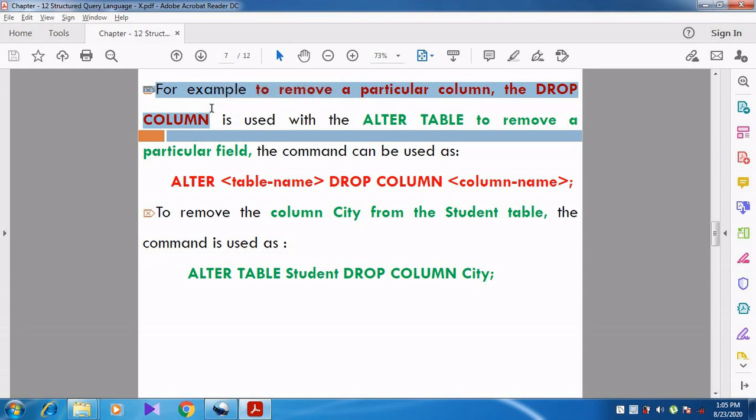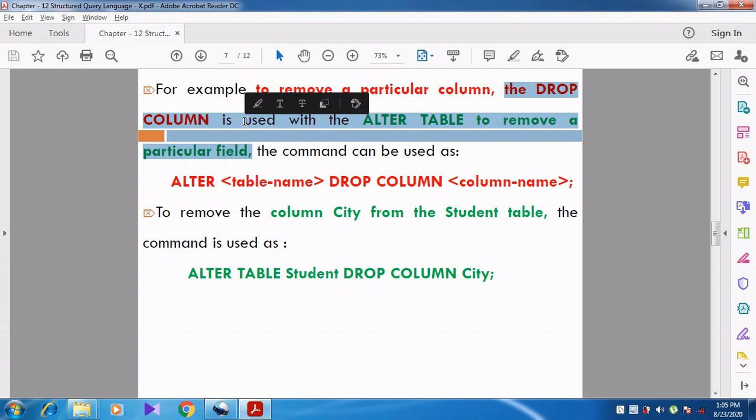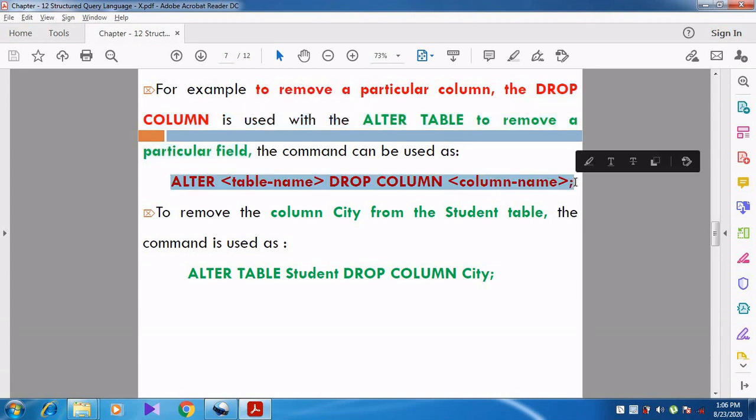The drop column command is used with the alter table to remove a particular field.